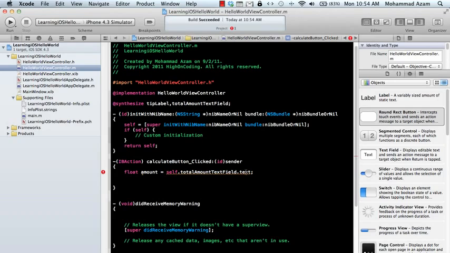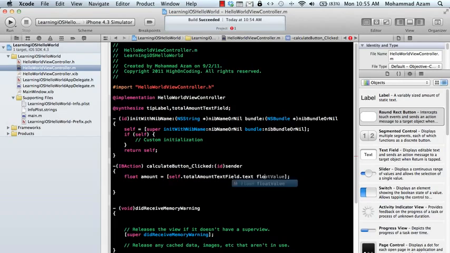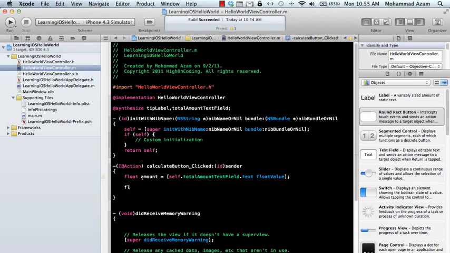Okay, but we need to convert this into some other value. So let's actually see how we can do that. Float value, and you will convert the string amount into a float amount. Okay, float tip equal to amount multiply by, let's say, I don't know, 10% or something. Not sure if I'm doing it right or wrong, but if I do it like this,